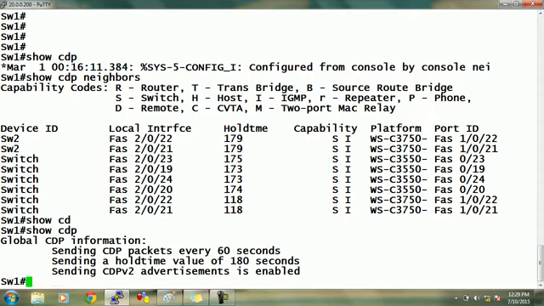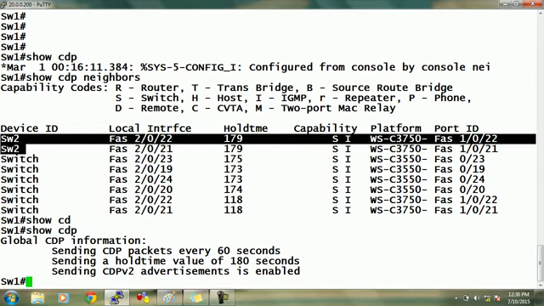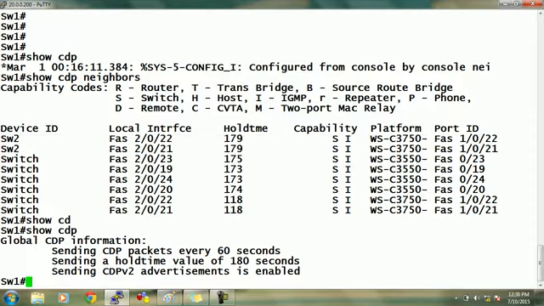CDP packets are sent after every 60 seconds. Now the thing is, you were sending CDP packets to me after every 60 seconds. For me, if I want to remove your entry, I must not receive your packets for how much time? So, before you were sending CDP packets with the old name, now you are sending CDP packets with the name of switch 2, as your host name is changed. So I will remove this entry, but after